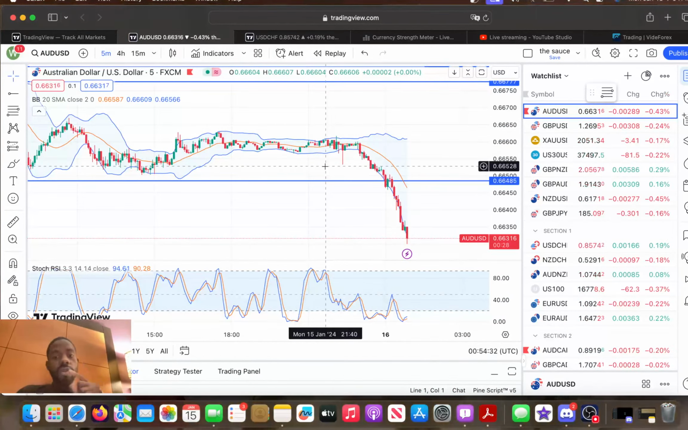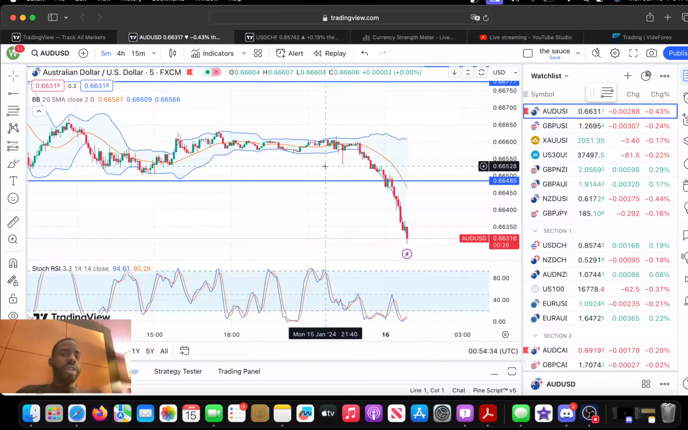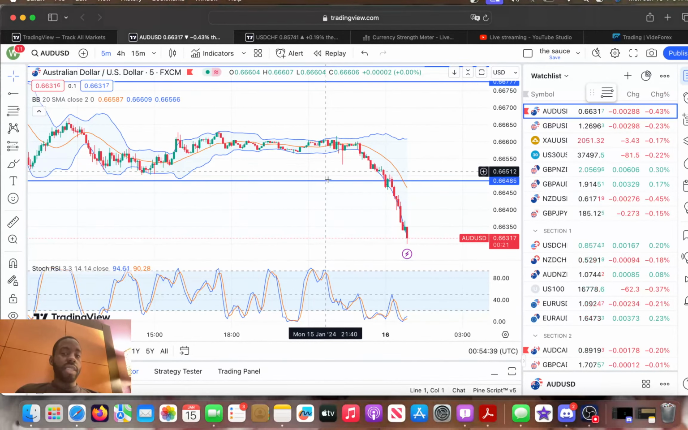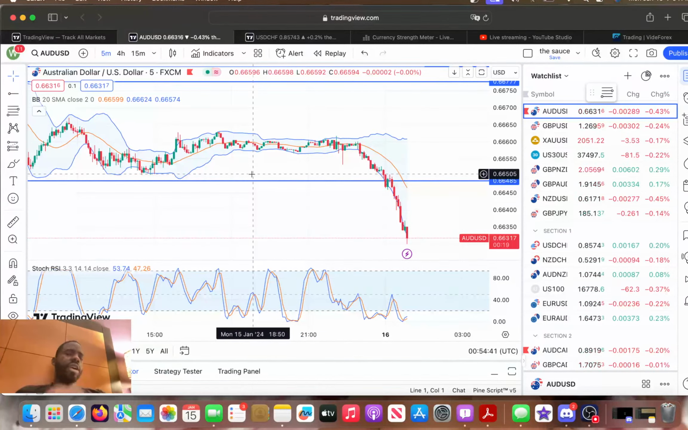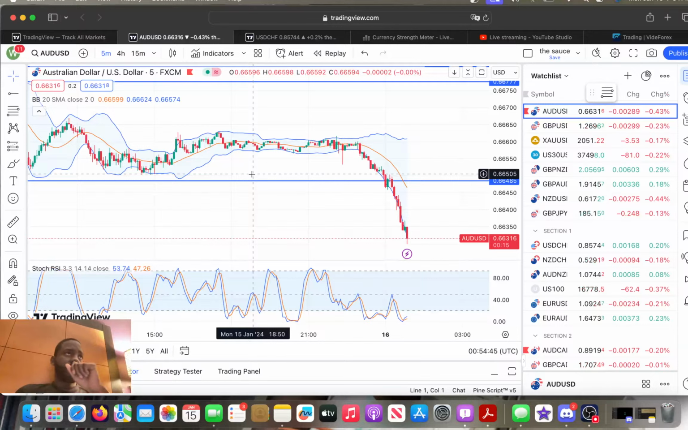We were looking for reversals, but then we quickly analyzed the market, the mood of the market, and realized that this was a massive sell-off. And in order to know the mood of the market, when you see these strong trends going on,